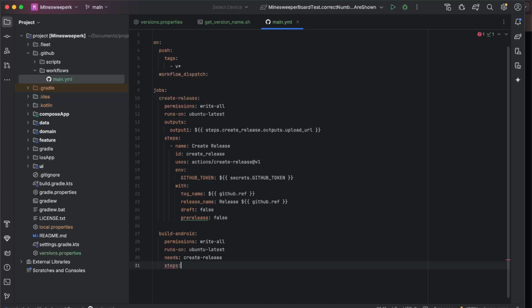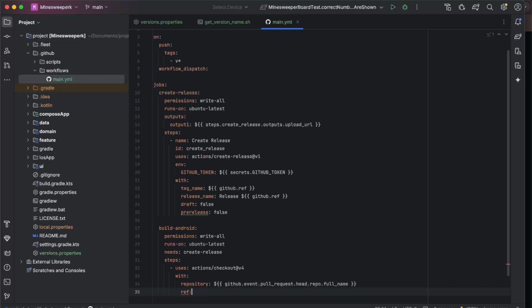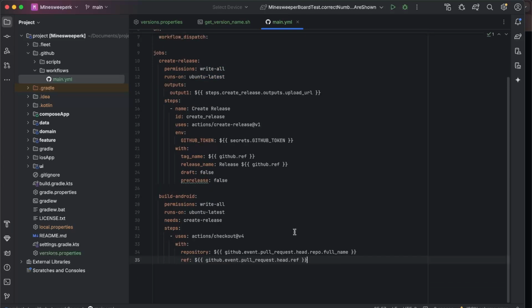Next, we'll add the steps. So the first thing to do is check out the code. Use that with actions/checkout and get the repository. And get that from here. And the ref. Then on to the next step,